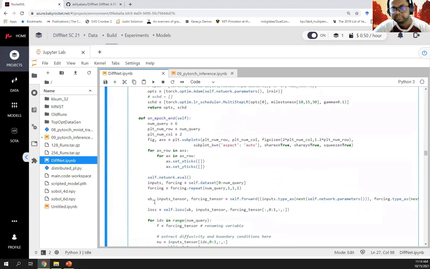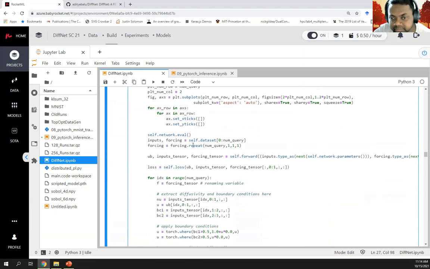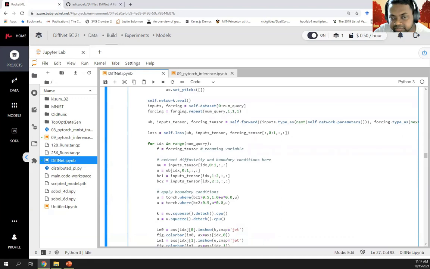At the end of each epoch, we would like to obtain query for a particular point and visualize them. So the way we do that is by taking the number of queries, IDs, to be 6, and we create a plt.subplot using matplotlib. For that subplot, we evaluate the inputs and forcing, and those are sent to the forward function.